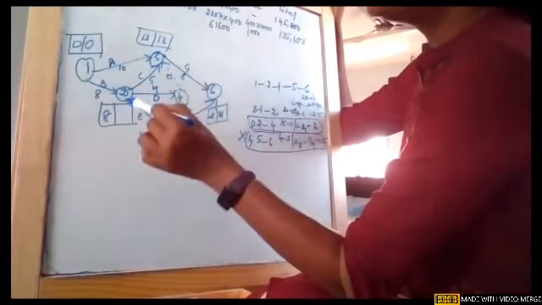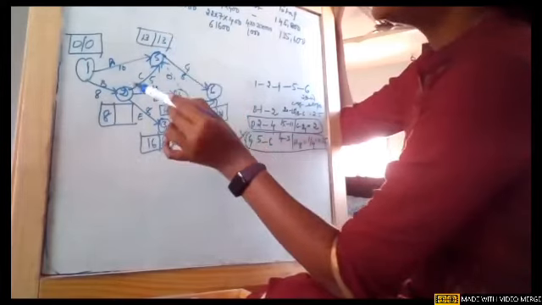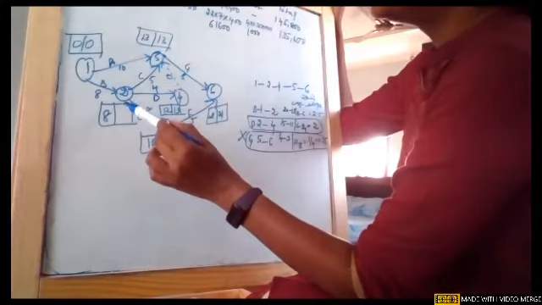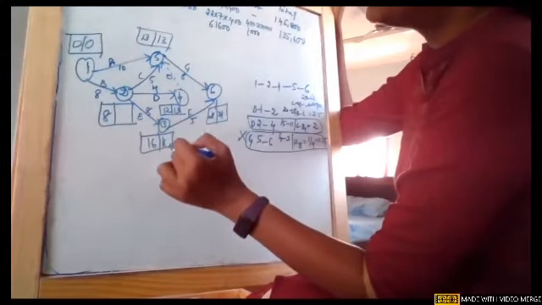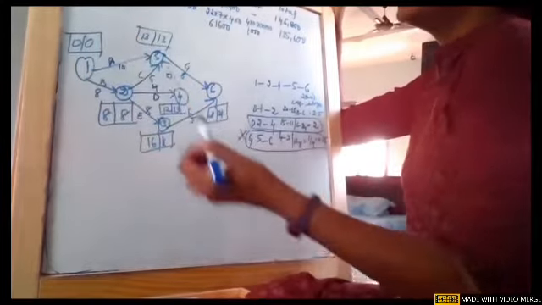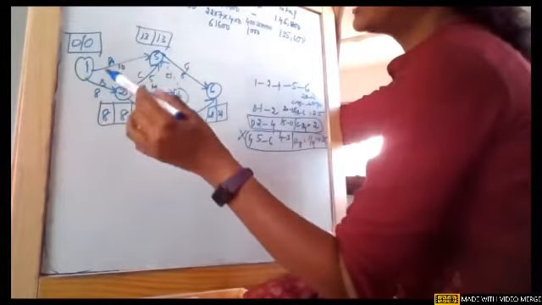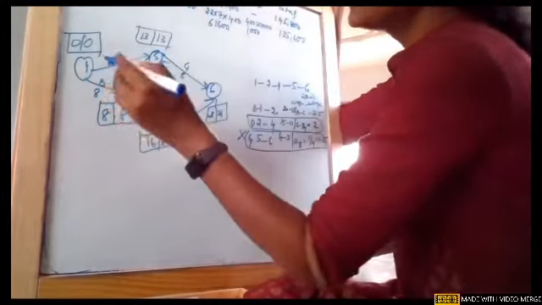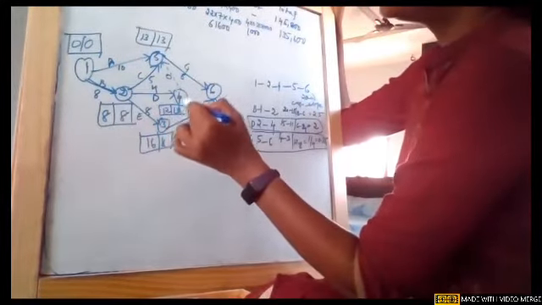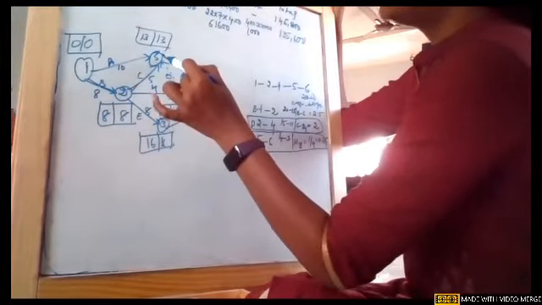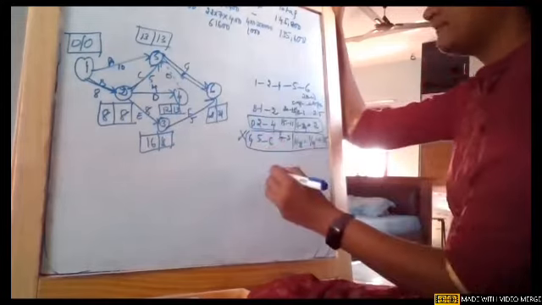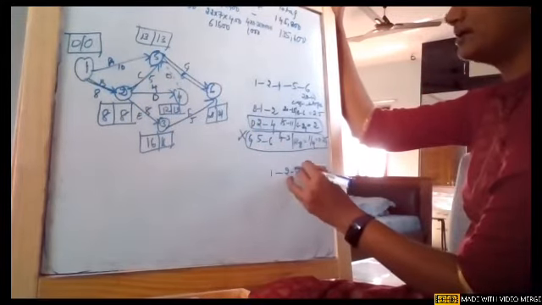And node 2, we will see one tail is giving 13 minus 5, 8. Other tail is giving 13 minus 4, 9. One more tail is giving 16 minus 8, 8. And obviously this is 0. So now if you see the new critical path, there are multiple critical paths, girls. So one I will show you, 1 to 2, 2 to 5 and 5 to 6. So one critical path is 1 to 2 to 5 to 6.